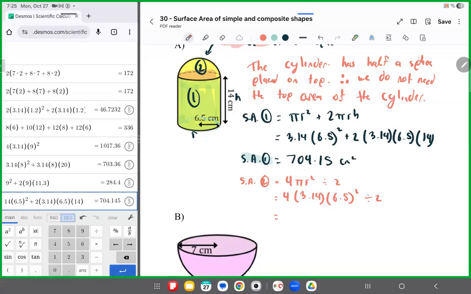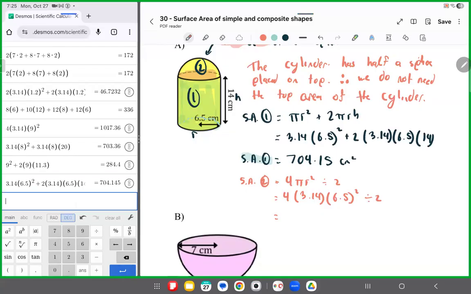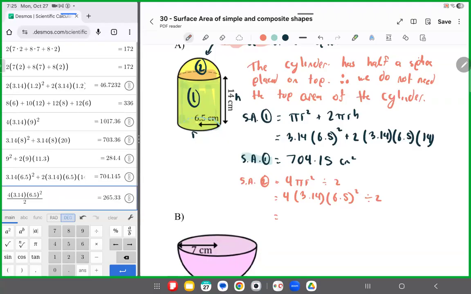And so when we type this in, we have 4 times 3.14 times 6.5 squared, division sign 2. So that surface area is equal to 265.33 centimeters squared. So the surface area total will be equal to the surface area of the first shape plus the surface area of the second shape. So that's going to be equal to this